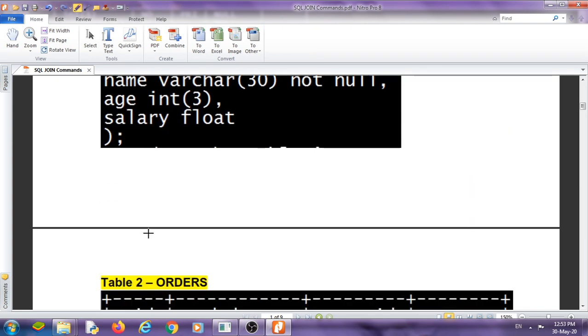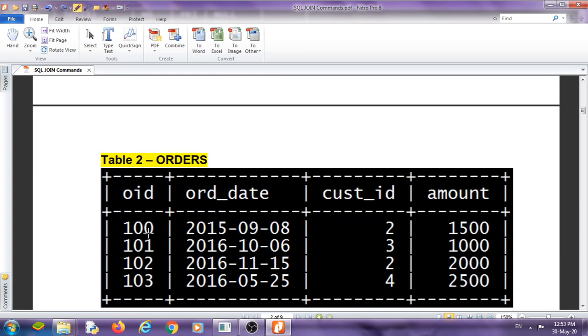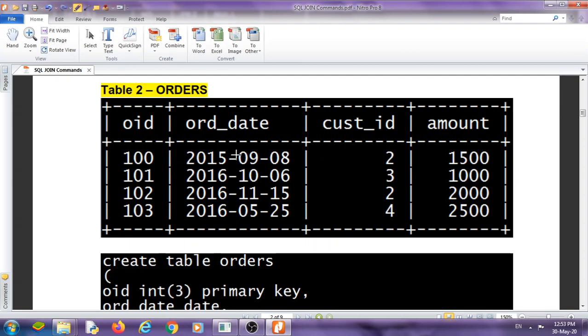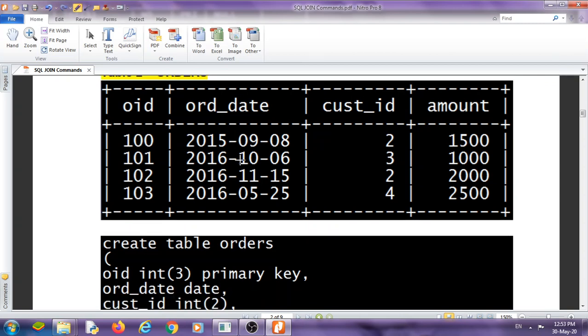The second one, table 2, is orders, and some records are given in orders.